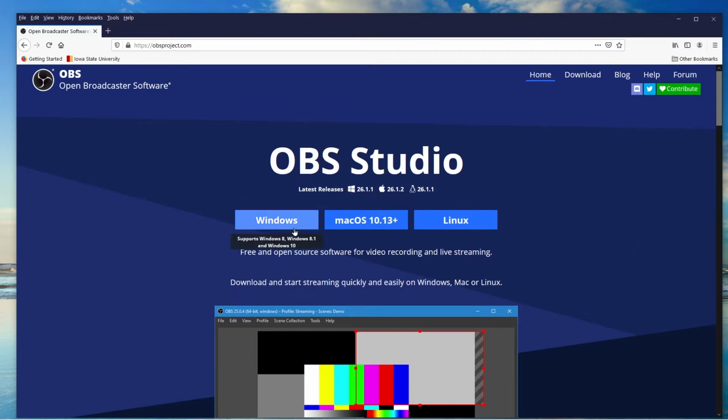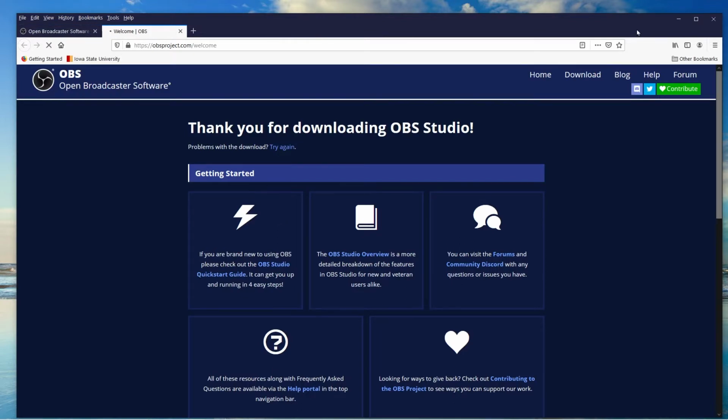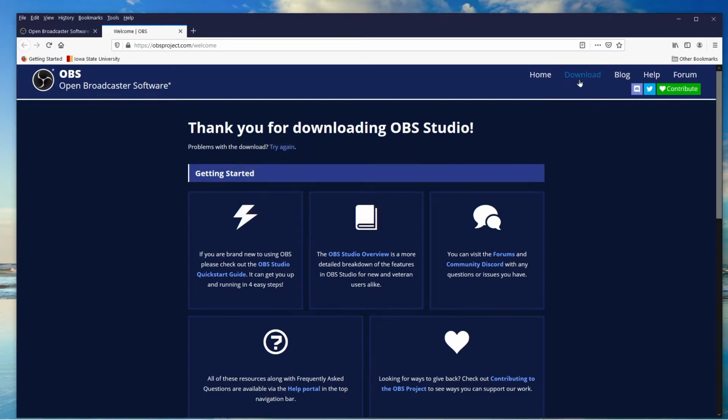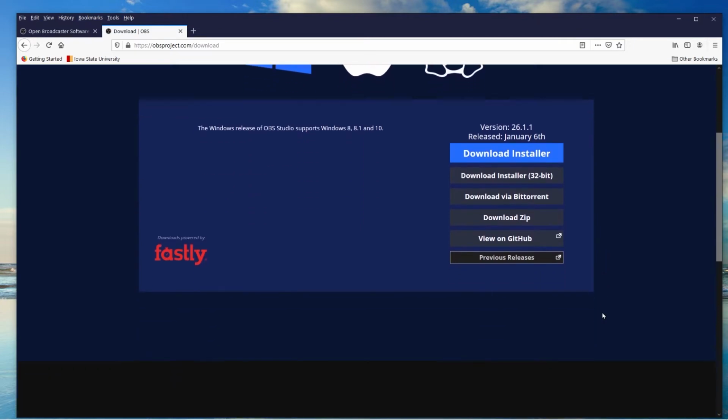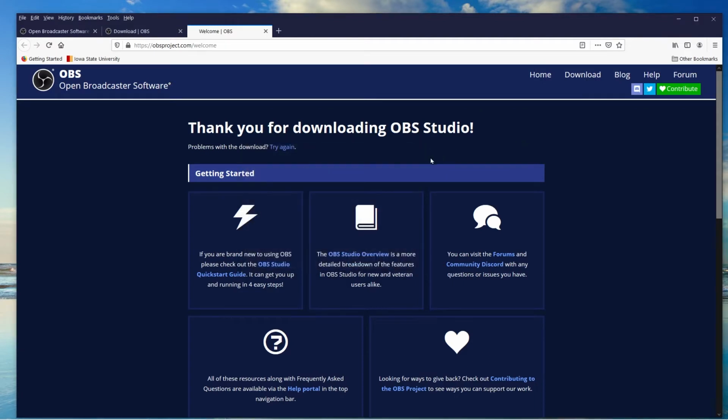Now we want to download it. So if I just go to Windows, let's say I have Windows 10, it's going to try to download this exe file. Now if you own your computer, that's fine, you can install it. But if you're on a company computer, you probably can't. So I'll cancel that. I'm going to go to Download, and I'm going to pick Download Zip. And it should come up with whatever type of computer you have. I have a 64-bit, so that's what it came up with. Save the file, extract it. You get OBS Studio. There's a ton of videos on YouTube, so I won't go through it.